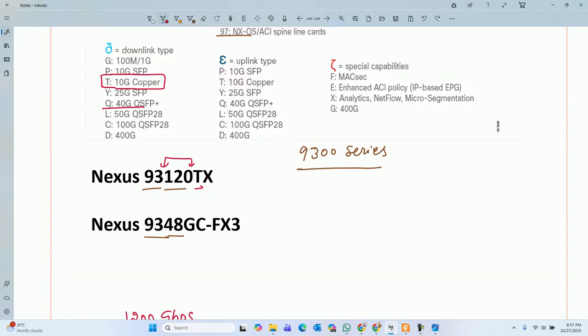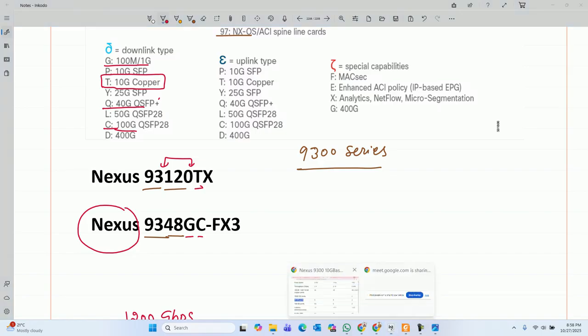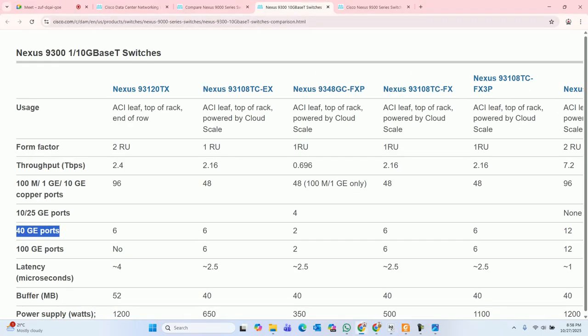Then here we have GC. G means 100 Mbps, but we also have variants. It means that in these Nexus switches we can have variants that support up to 100 Gbps also. One interface could go up to 1 Gbps. If we look at this table here,